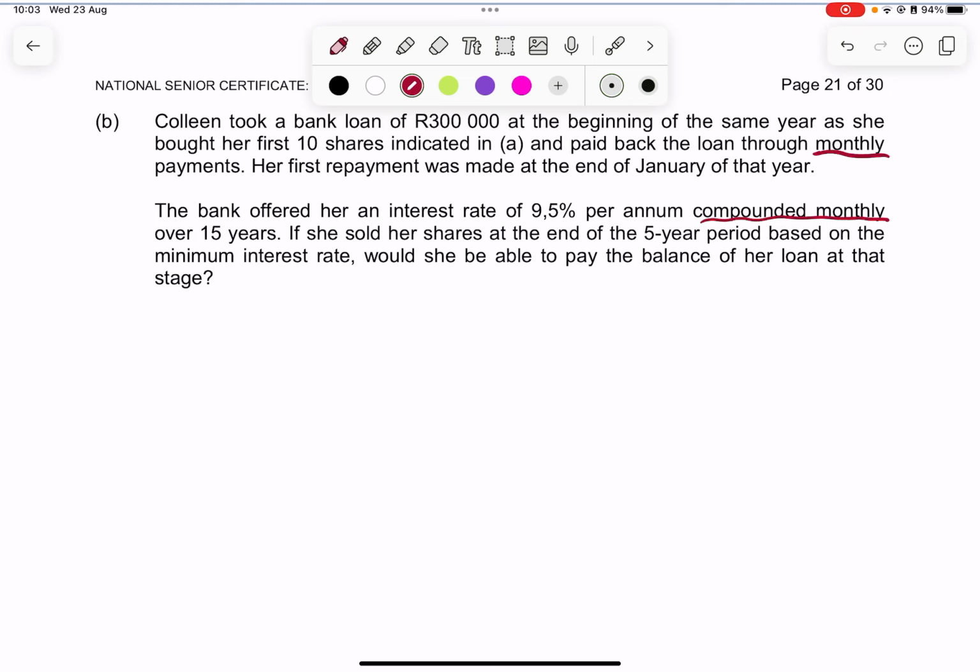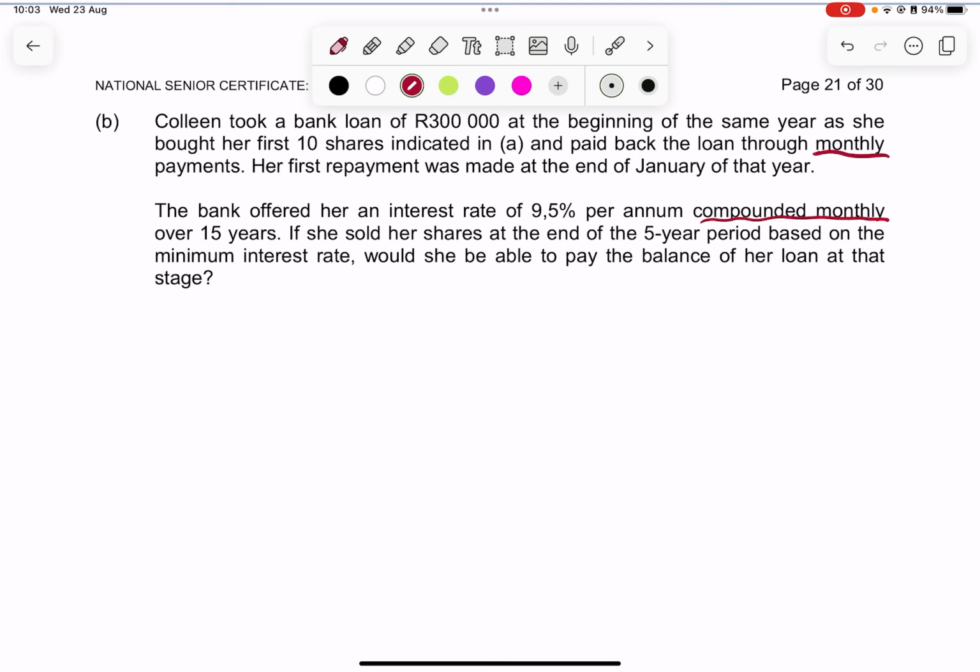Okay, so we need to first figure out how much she is paying back each month. We also need to figure out how much she is owing, so we can see how much she would owe if she didn't pay anything back, and then minus the two to figure out how much she is still owing. And then we can see at year 5 whether we should be able to pay off the loan. Okay, so let's first figure out how much she is paying